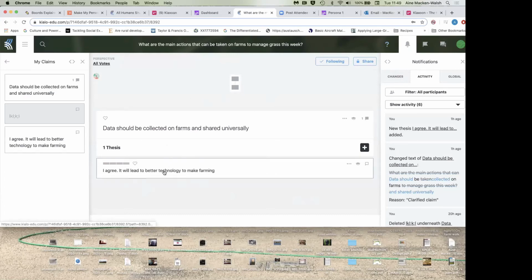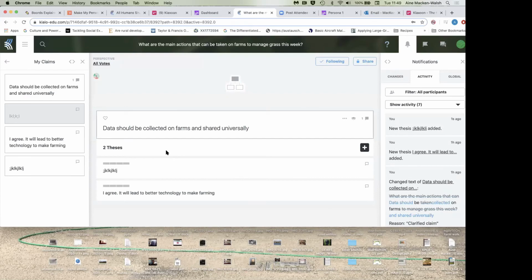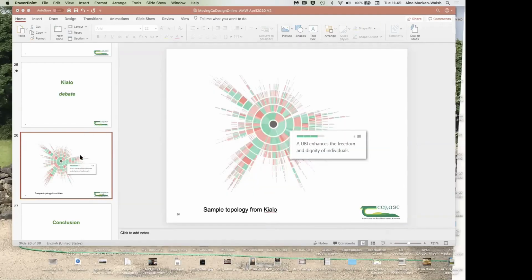Essentially, you just click on a box and you decide whatever you want to write, and then you save it, and then it comes up in a tree. So this is pro, this is con, and it grows and grows until you have something along the lines of this.